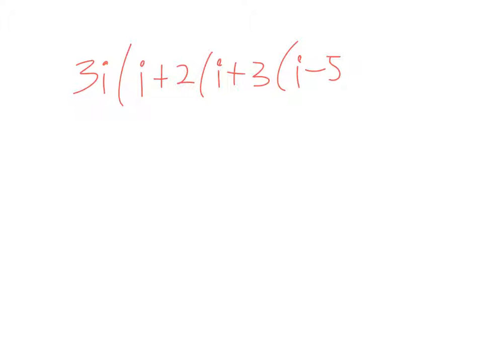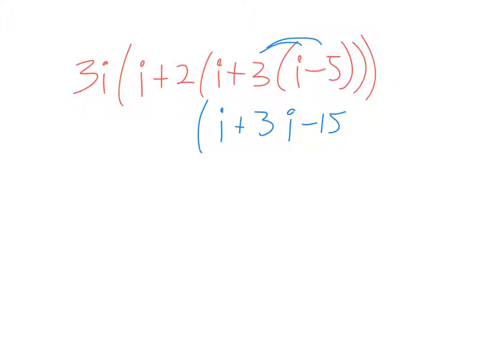Finally, for these problems, we've got 3i times the quantity of i plus 2 times the quantity of i plus 3 times the quantity of i minus 5, and then 3 parentheses closing that out. Let's work from the inside out. So we're going to have 3i minus 15. I'm going to rewrite this. So i plus